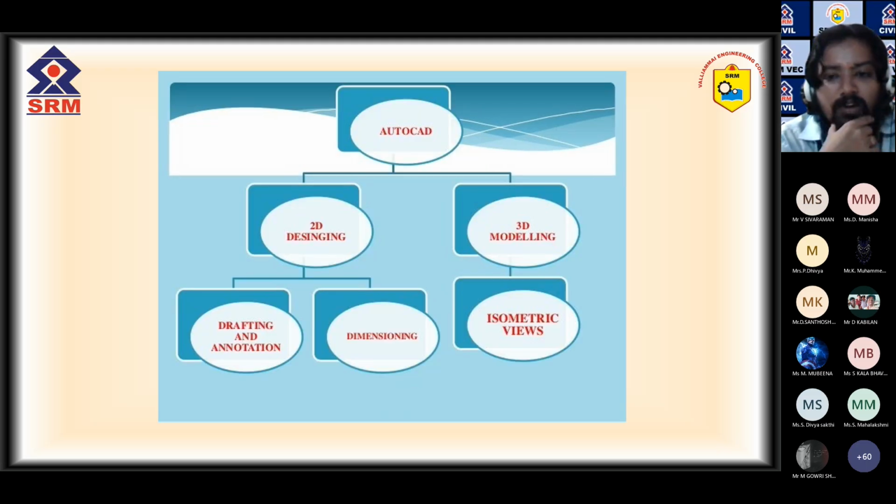Then the very basic part in AutoCAD is that it's divided into two things. One is 2D, another is 3D: two-dimensional, three-dimensional. You know two dimensions are the X and Y axes, and in three dimensions you have X, Y, and Z axes. So in 2D we have drafting and annotation. In dimensioning, you can measure easily once you draw. Then in 3D you can have an isometric